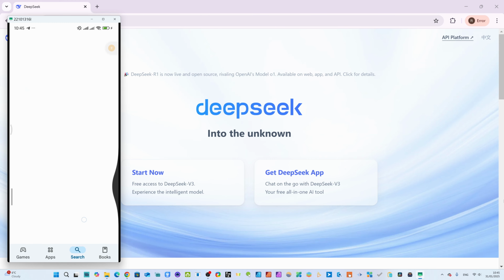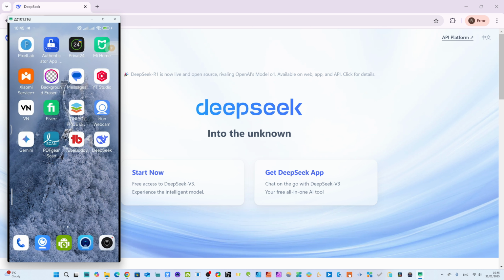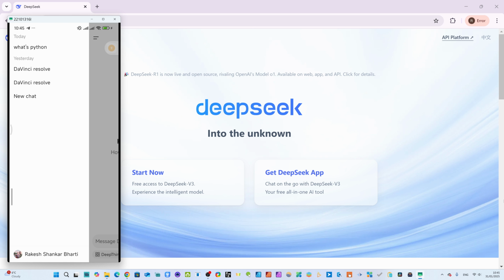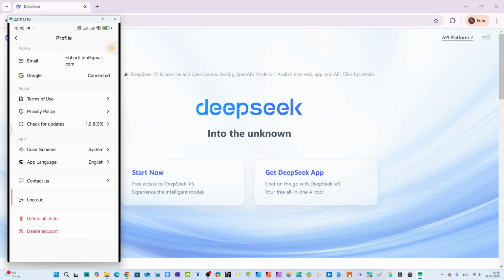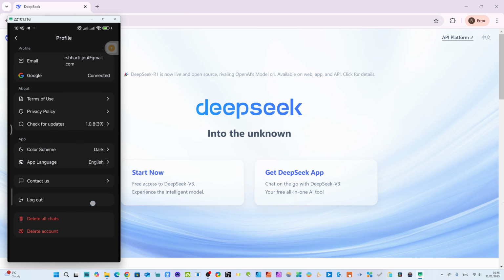Once I have downloaded it, it will be on your mobile, and it will always be on your mobile. You see, I have DeepSeek AI here, and you can go to settings here. You see, I have history from here. You can change the system language, and I can take the dark theme. Done. Now our mobile will be in dark mode here. It's connected with my Google account here. I can change language here.